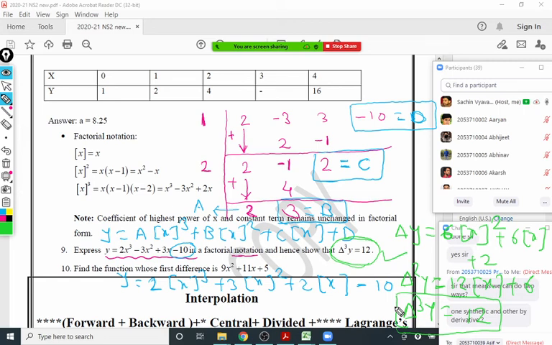No, synthetic division is to convert it into the factorial form, while the derivative is to find the differences. Okay. I think Pranit is asking that question. These are different things. The question is divided in two parts. The first part is to express it in factorial form, so you have to convert it into factorial form. That is the first step we have done. And next, we take the derivative to get the third difference. The third difference of y is like the third derivative of that factorial function. Okay. Is it clear?